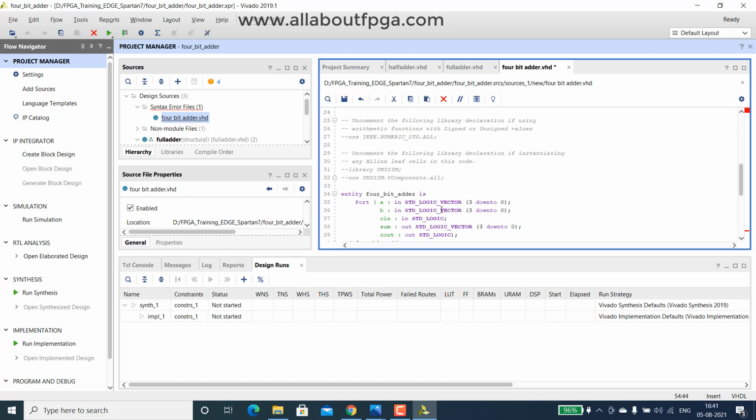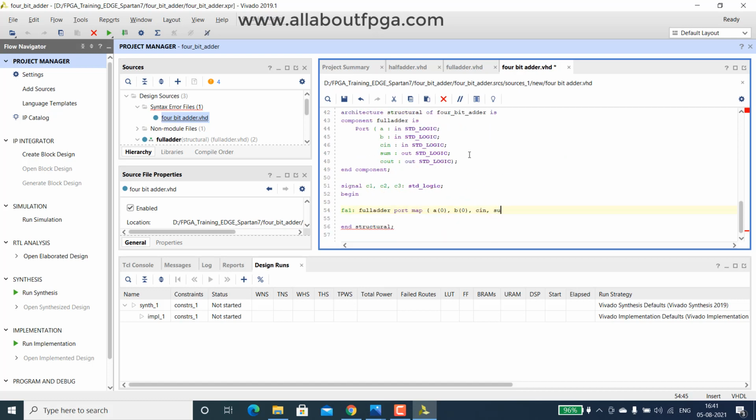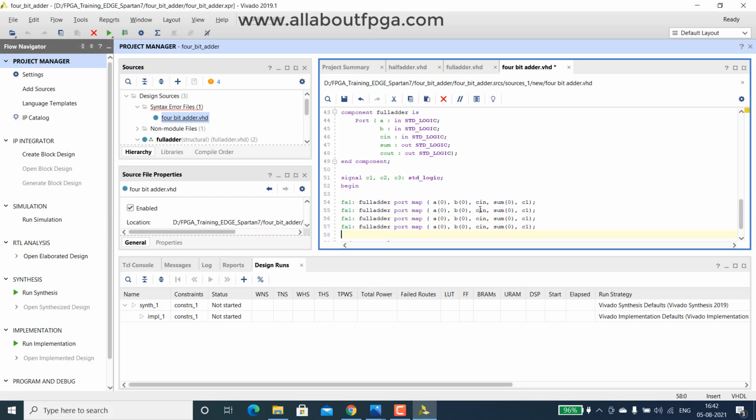Here we have declared as sum, so sum of 0, then C1. So here we are declaring that signal carry, intermediate carry we have declared. So the same way we have to repeat it for 4 times.